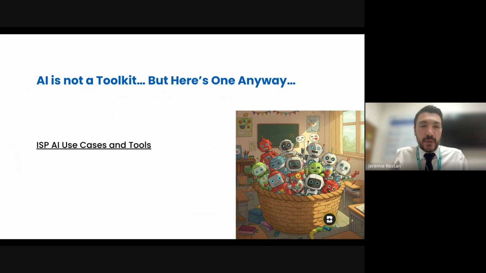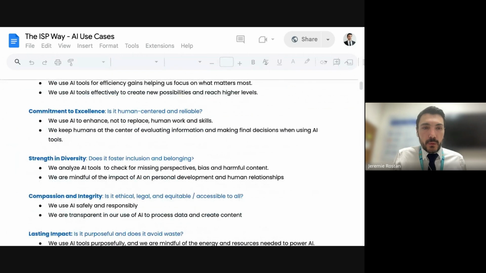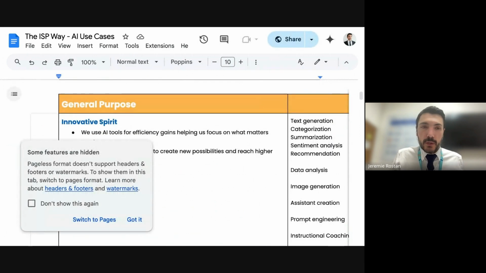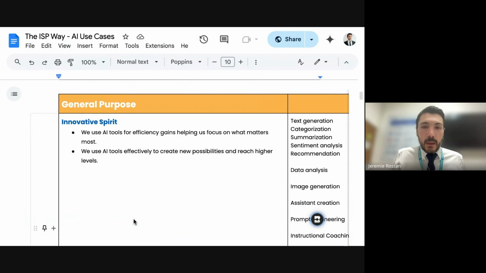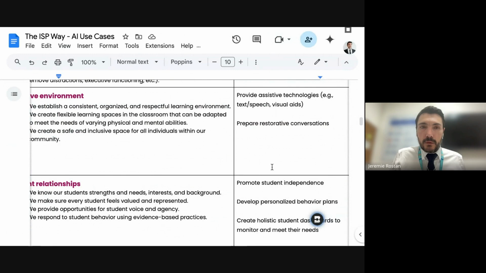I have come to believe that AI is not a toolkit. It's more of a tool maker. Again, that's why there will be the session at 11:40. But still, it's always useful to have an AI toolbox or repertoire. So in case you're interested, you will have the link here to a document we use at my school that gives you our philosophy of teaching and learning, which might not be overly useful for you, because that's just the way we approach learning. We call that the ASP way. But for each of those, it will give you